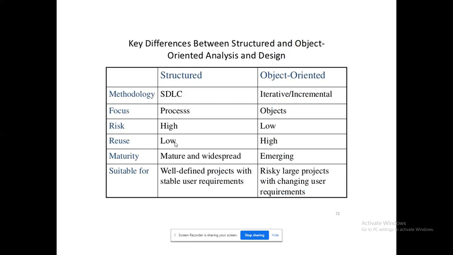In the structured methodology that I'm going to follow, SDLC, software development lifecycle, it goes from one phase to the other phase. What are the phases? Requirements gathering, analysis, design. Then we come to coding and implementation, testing. Finally we get to deployment and maintenance. So stage by stage it will come. That is the SDLC. When we come to object oriented, it is iterative. Iterative means simpler modules will be designed. For every module, the same SDLC will be followed. Got it? For structured, for the entire project, they will follow a single cycle.